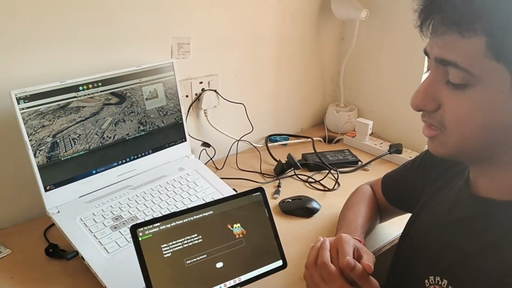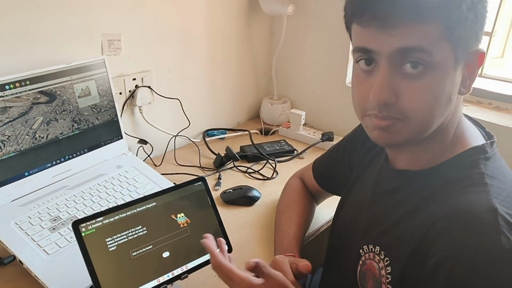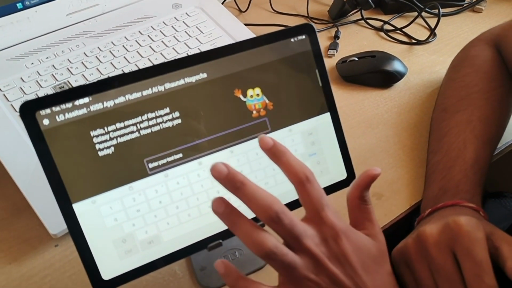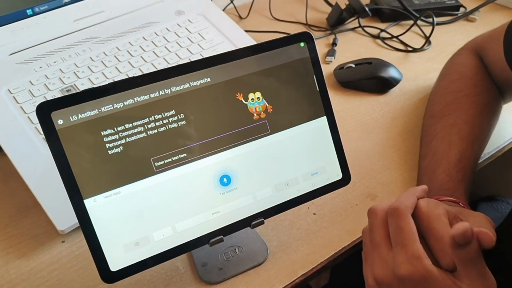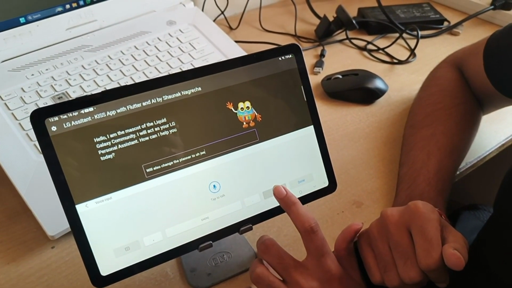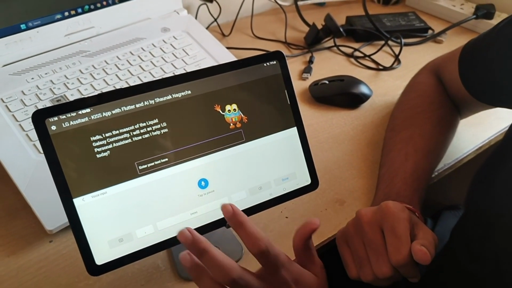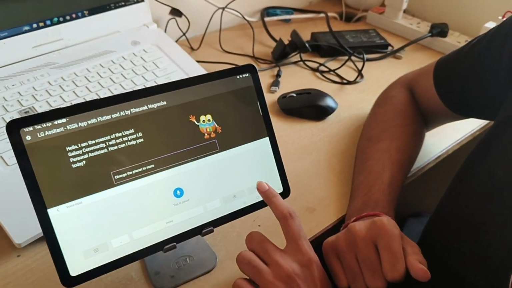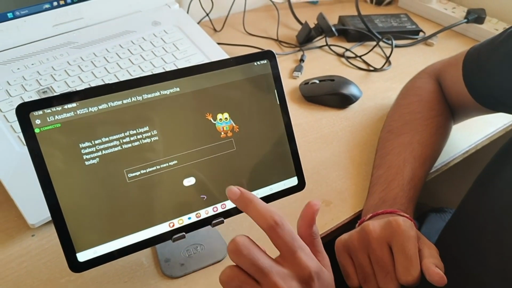So I will show you some more functionalities of this application. You can also change the planet. Change the planet to Mars. Again, simply the text appears.